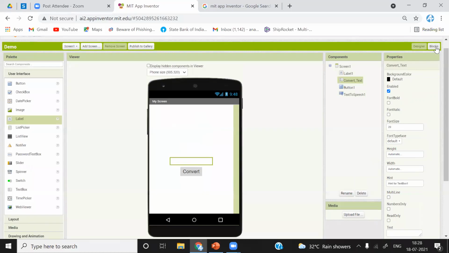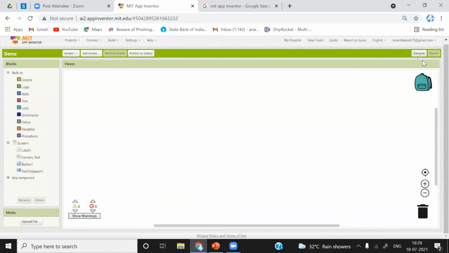Now we'll go to blocks. Blocks is something called the background. In a software there are two sections: first is the front end, the second is the backend.